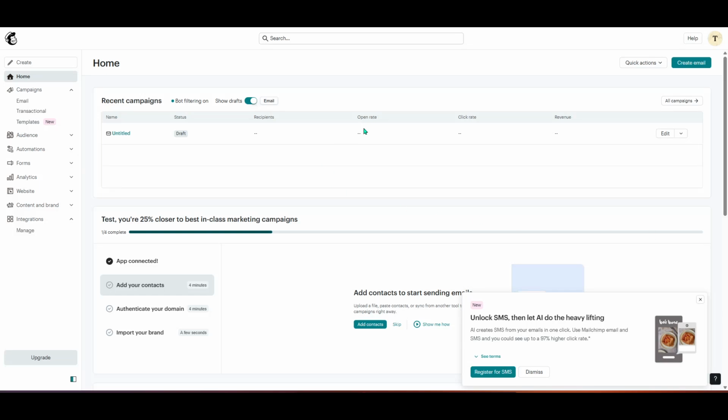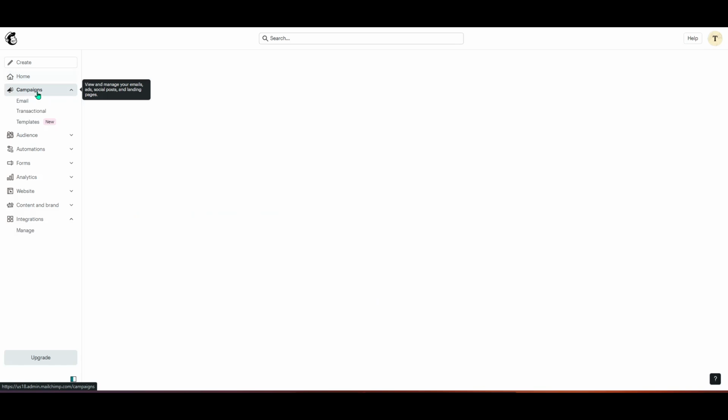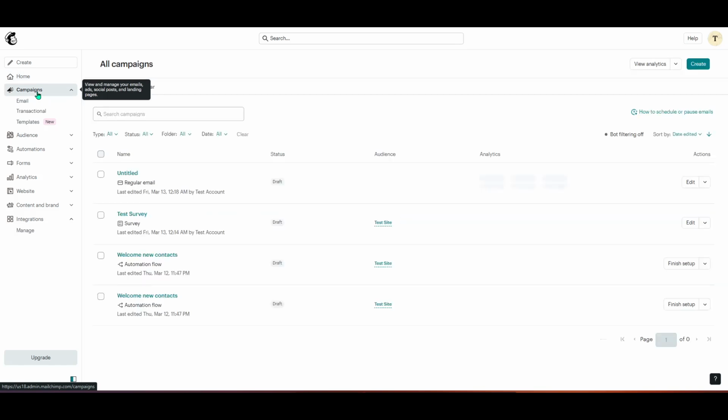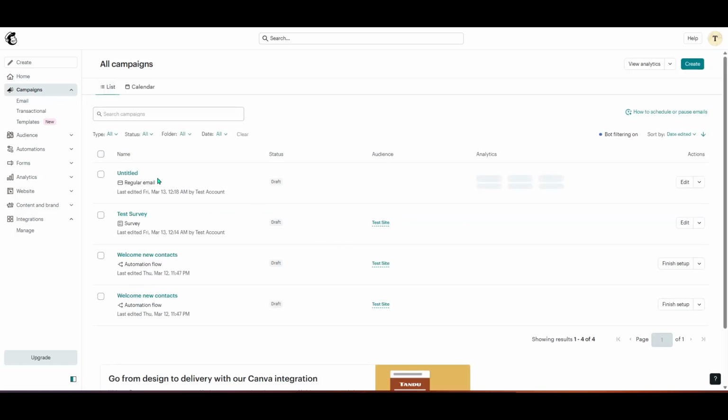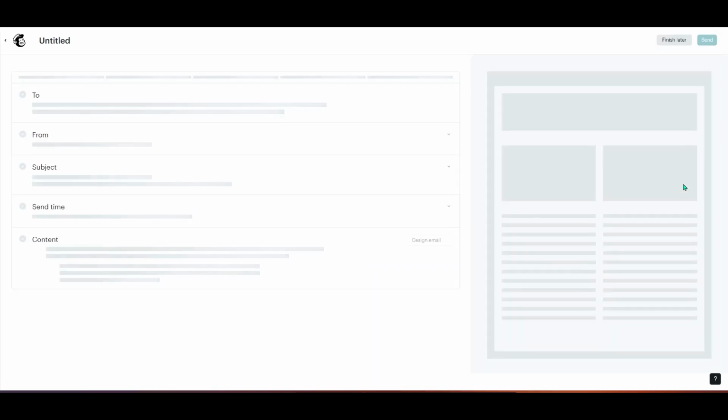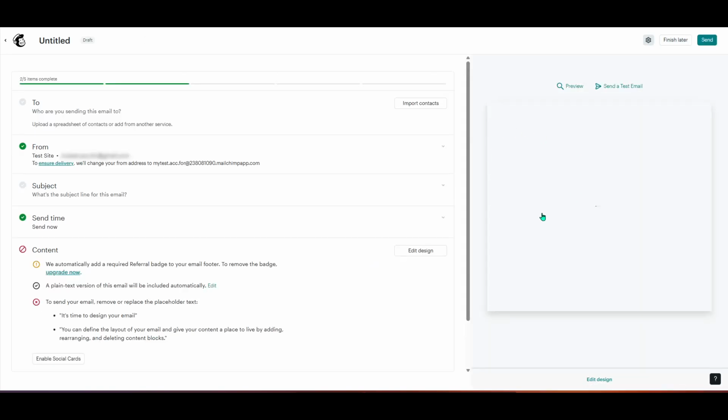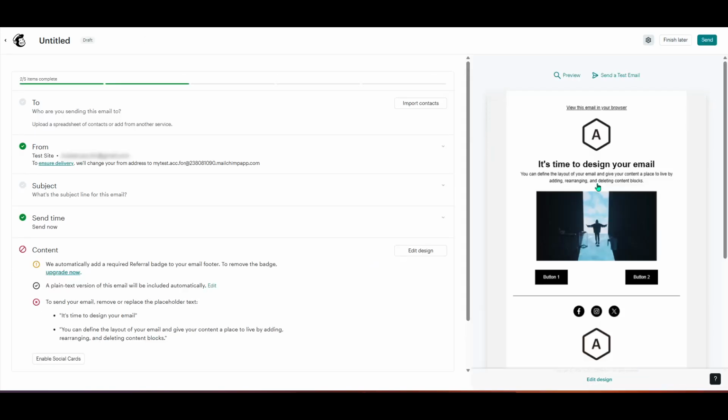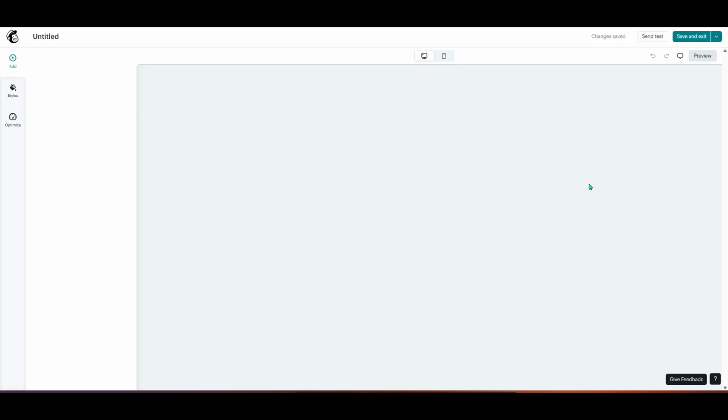In today's video, I'm going to teach you how to resize image in Mailchimp. If you've ever dropped an image into your email and thought it looked a bit too big or too small, this quick walkthrough will show you the simplest way to adjust it right inside the editor. We're focusing on the built-in drag points, so you won't need any extra tools or settings to get a clean,